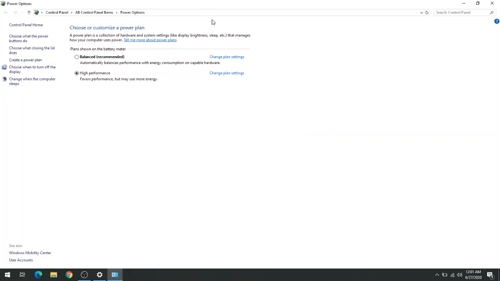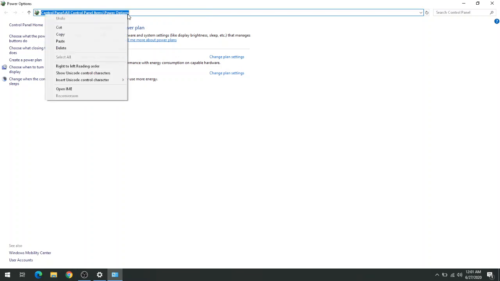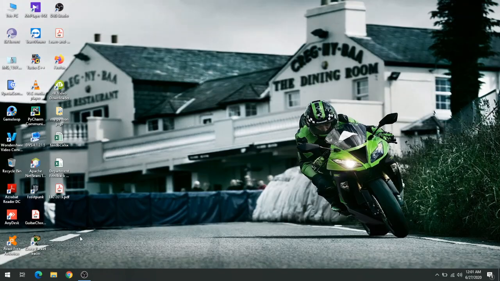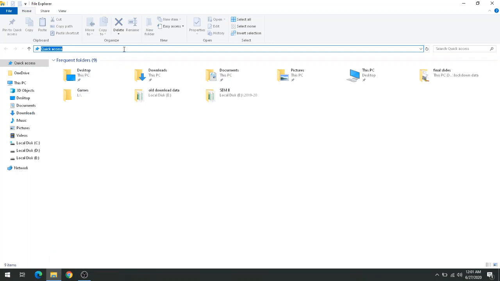Because I need to press Windows key and go to settings in order to reach over here. So the solution is again with the Windows Explorer. I need to type this complete address inside that. Let me show you. For example, I can press Windows E, and inside that I will type this complete value.